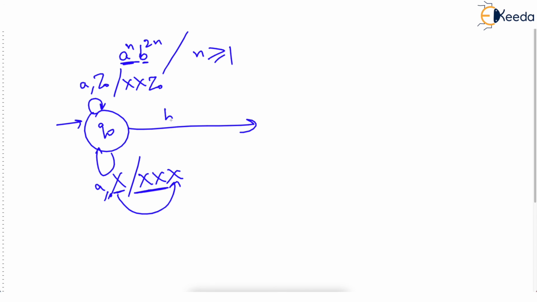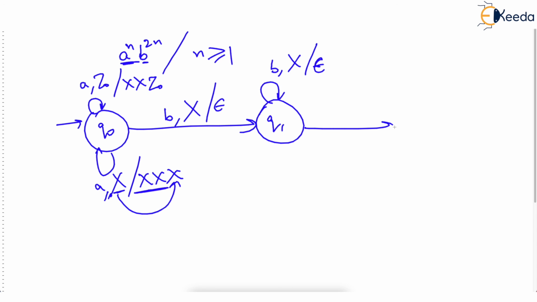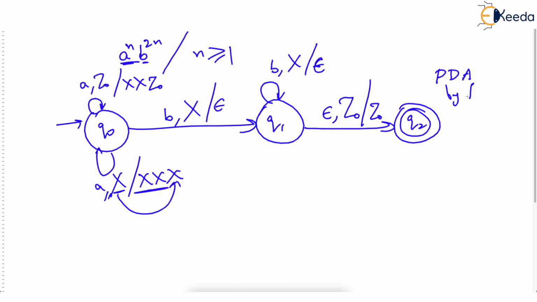But for every b, the top has to be X and we will pop 1 X. And in Q1, we again loop for b. For every b, we will pop X, correct? But when we reach the empty string, the top has to be Z0. That means whatever you have pushed should have been popped, and we will keep Z0 as it is and we will enter the Q2 state. This was the PDA by final state,